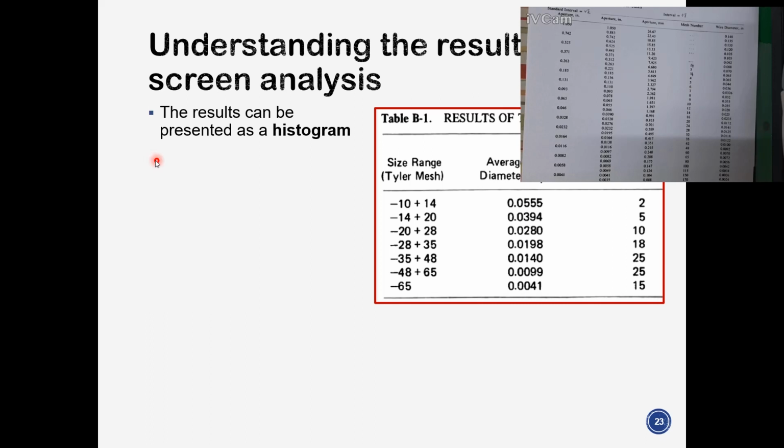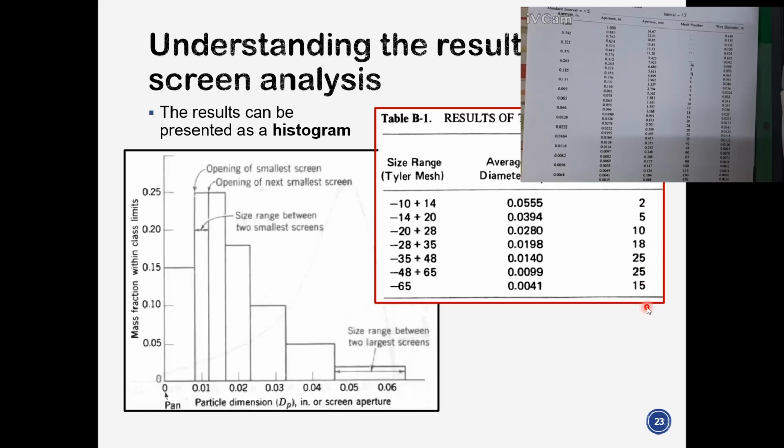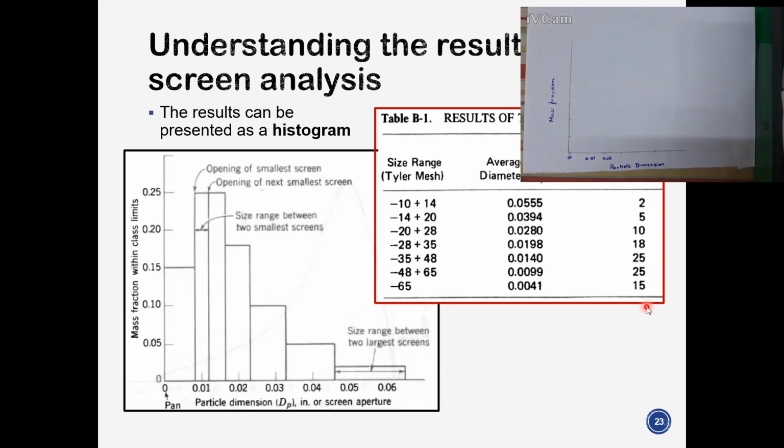As we already know, this type of typical screen analysis can be represented as a histogram. In your histogram, like we already said, the x-axis will have the size ranges, which we can get from this column of the table, and the y-axis will show the mass fraction, which we can get from this column. Let's do it like a demo. This is our table and this is what we're supposed to get at the end. I have already drawn the axes. On the x-axis it is particle dimension